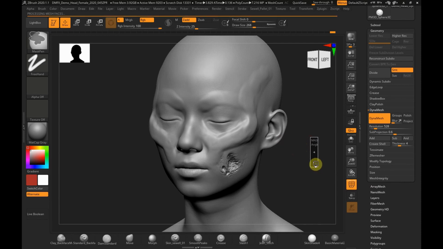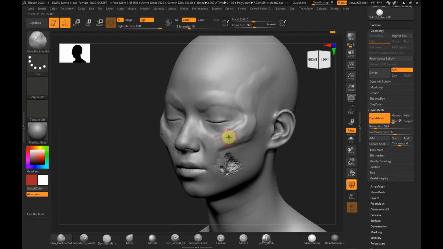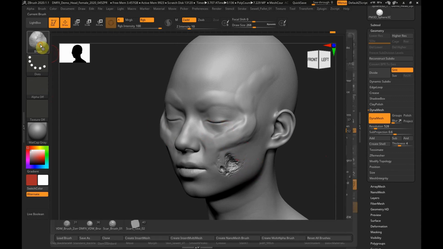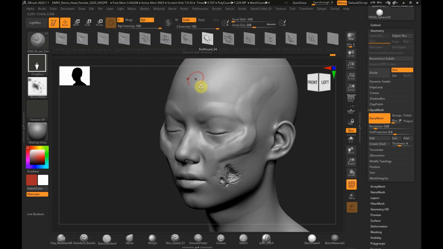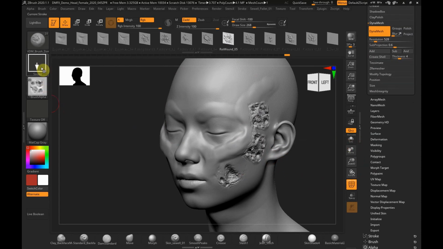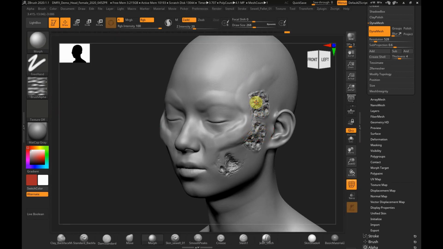Like I said, this isn't a lesson on Dynamesh, but just to show you about morph targets and using VDMs. Now I want to use another VDM, and we drag it out, and that's great, and we do some more modeling, we really like it, and then we say, right, let's get the Morph Brush ready. We get the Morph Brush out, and we say, oh, wait a minute, nothing's happened, because